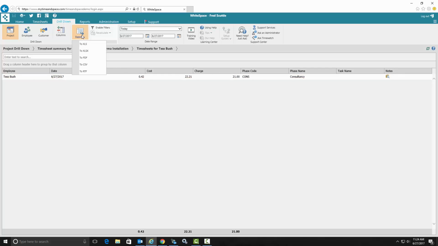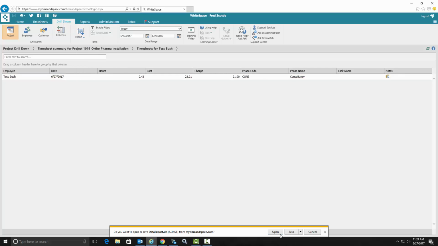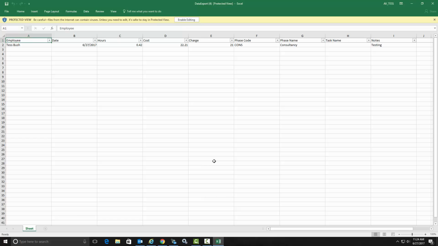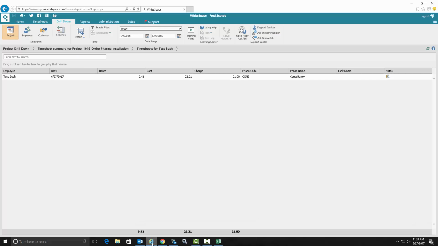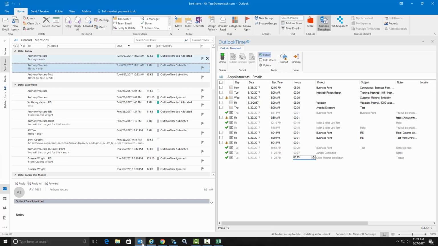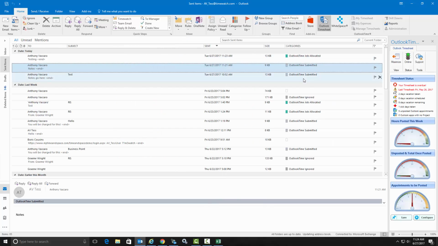Take the information, you want to export it out to Excel, easy. Open it up, open up Excel. I have the employee, the date, the hours. If you were running with costing and charging, you could see that information, what phase, and all the notes. Now keep in mind, this is my demonstration database, so the way that I have it structured is